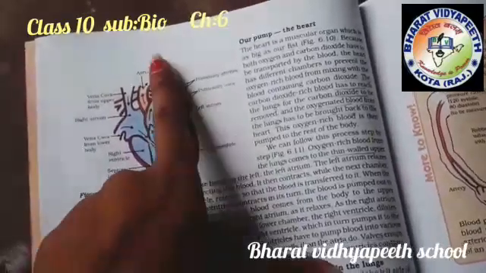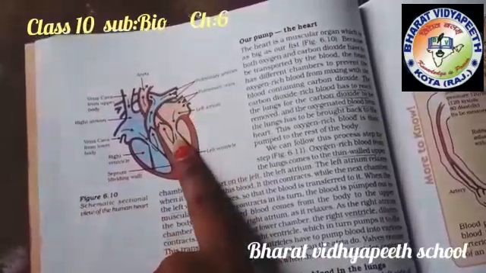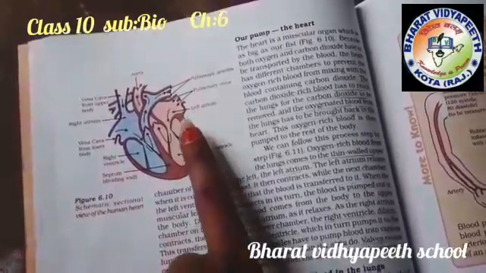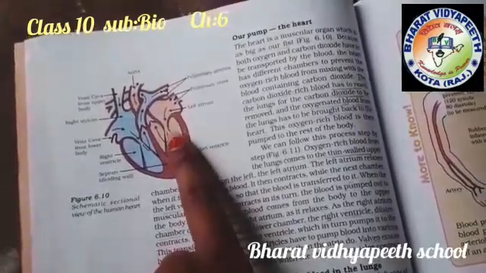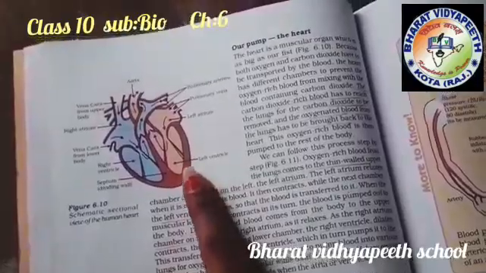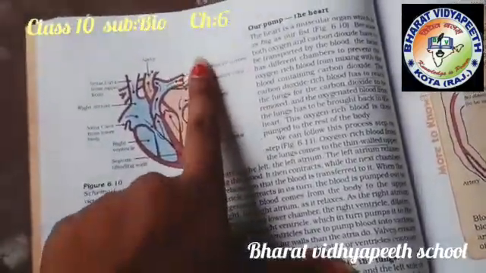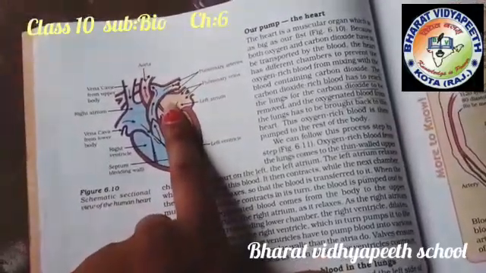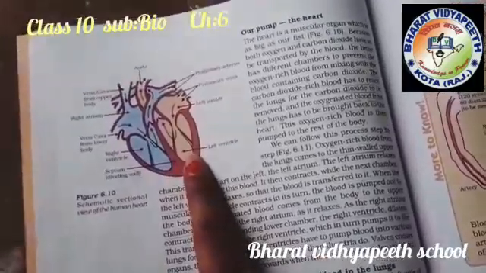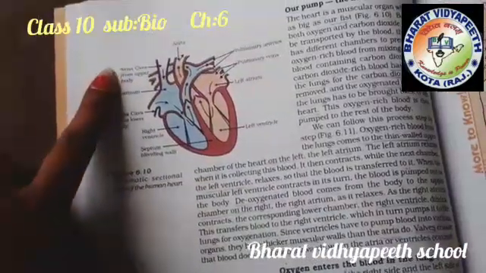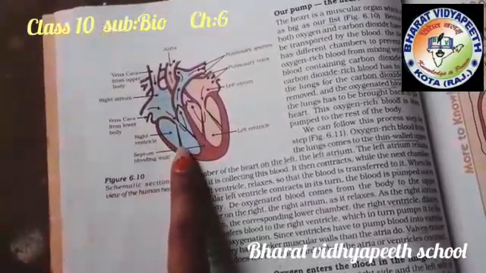Through which side? Through this one, which is connected with the lungs, and through this the pure blood comes again to the heart. Then from the left atrium and the left ventricle, this oxygenated blood is transferred towards our whole body. We are going to study that the heart is mainly 4 chambers. This is the pulmonary artery and this is the pulmonary veins. The left atrium consists of pure oxygenated blood. And this is the vena cava, which is connected to the upper body, that is the right atrium. This is the right ventricle and the septum.